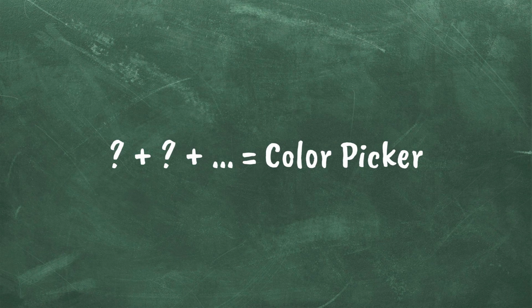To determine what components were needed by the color picker, it was important to know what a color was made of. This is where color theory comes in handy. A color has a hue, which is usually what people think of when they hear the word. This can be red, blue, green, orange, and so on. A color can also have a shade, a tint, or a tone. Collectively, this is known as its chroma. Hence, a color picker needs at least two components, one for the hue and one for the chroma.